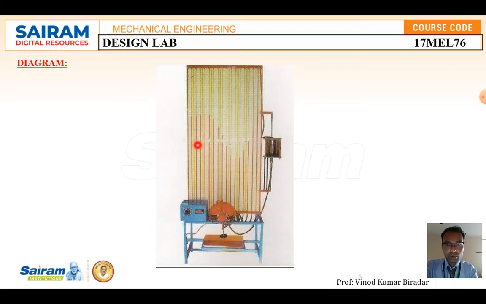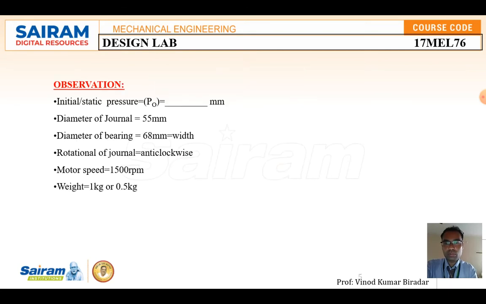In all these 14 pipes we are going to supply the fluid, that is the SAE oil. Initially it will be constant, so note down the values. Then if you start the motor and switch it on, the fluid inside is going to flow along the vertical direction, and it will come to some constant values. I explained that in the videos also. You have to note it down in the tabular column.